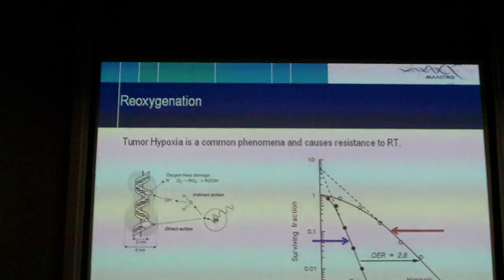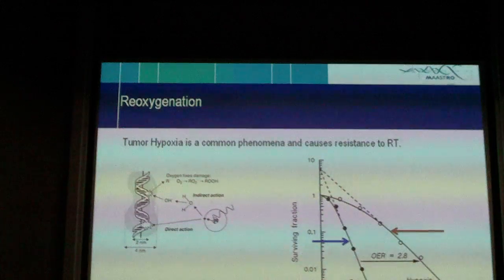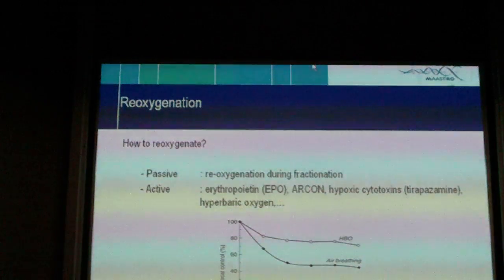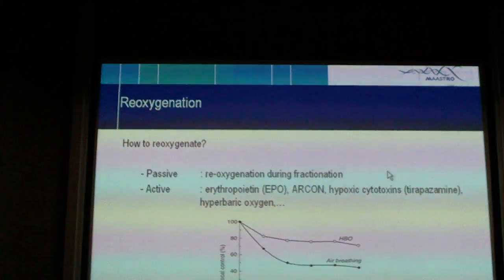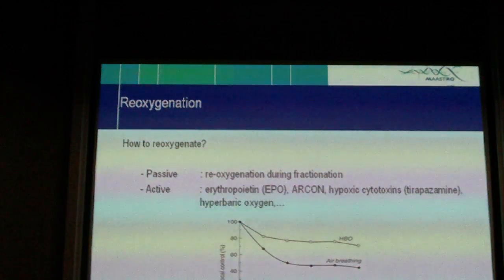So this is seen over here, that you need to have much more dose to have the same level of cell count. Now this is called the oxygen enhancement ratio. So how can we reoxygenate? Well, you can do it in a passive way. During fractionation, in between fractions, tumor cells, when they are in close vicinity to vessels, will reoxygenate. You can also do it in an active way by giving patients EPO,